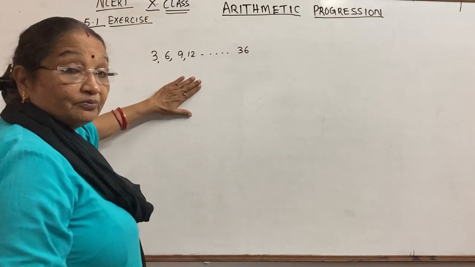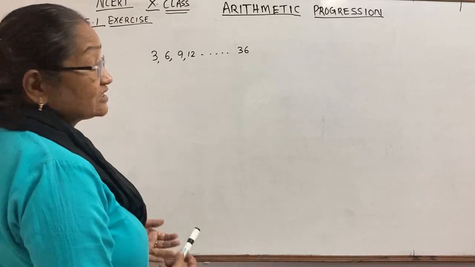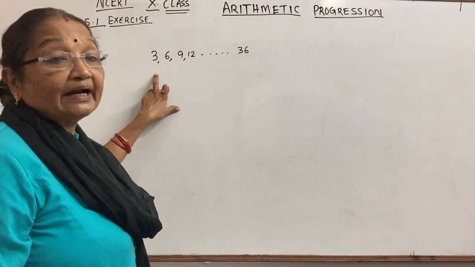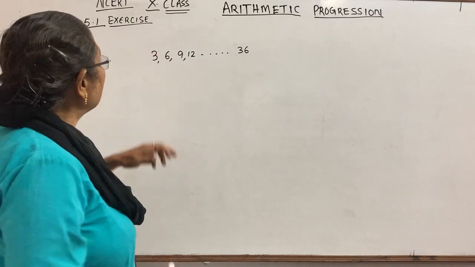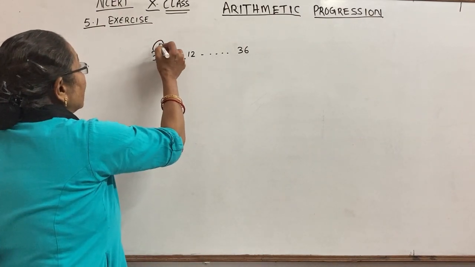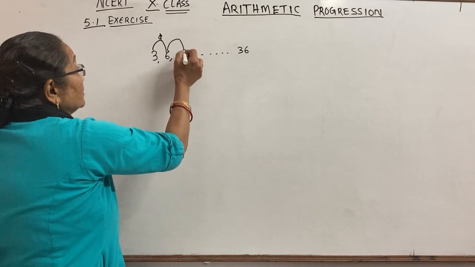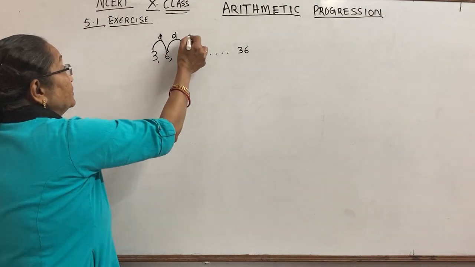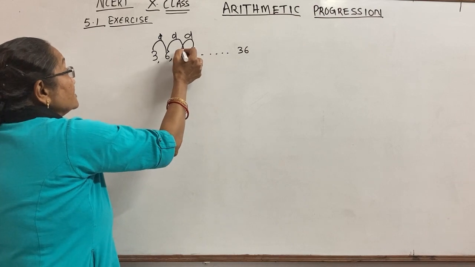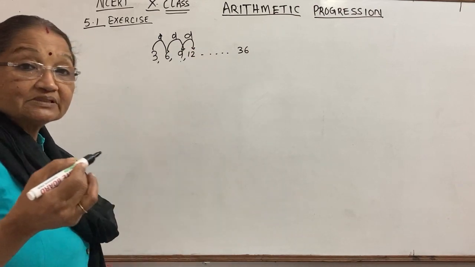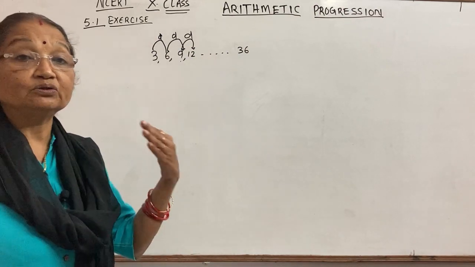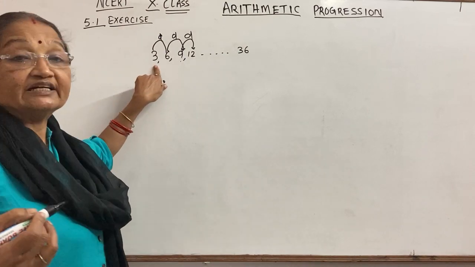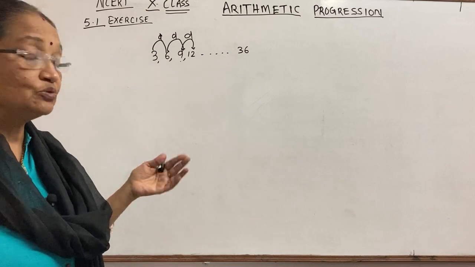Now you know the formulas. First the general formula is what? To get the second term, what you add? A plus D. 1D you will add it. To get the third term you add 2D. To get fourth term you add 3D, isn't it? So the number of terms, if it is 4, then you will do minus 1, that is 3D. A will remain constant, A plus 3D, A plus 2D, like that.